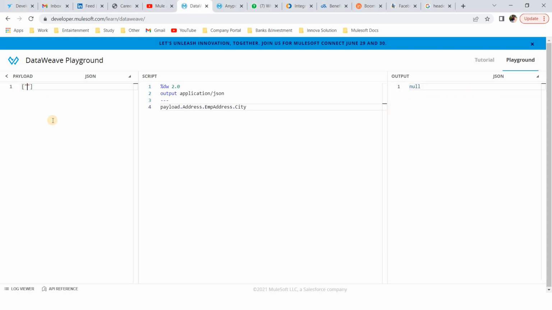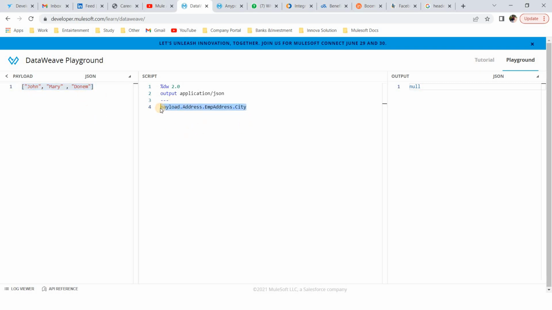Let's say in the array I am defining first John, then Mary, and then again another name. Whatever you want to define as input, we can do that. So this is the array which we are going to read here.